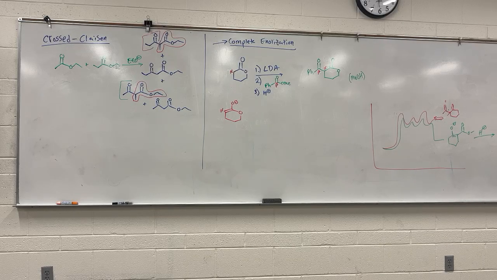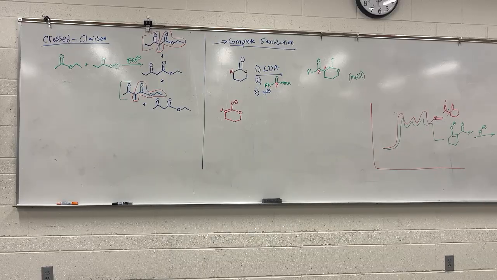I think that is a 5-membered ring. I know you counted it, but there you go, 1, 2, 3, 4, 5, 6, right? Yeah. Then this guy will be here, because this was your carbon 6. 6, 5, 4, 3, 2. Good. And then at 1, you got your acyl addition.